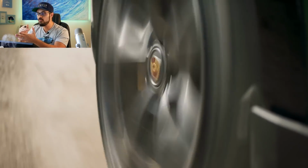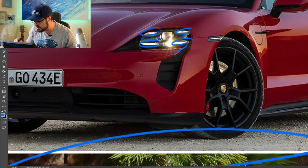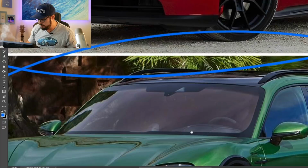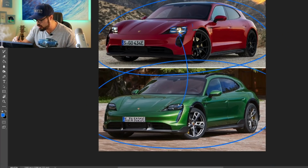It's a lifted electric super wagon basically, and I think it's a cool approach to showing what you can actually do with an EV platform. So looking at the differences here, we have more of a black piece sticking out further here on the GTS. If you look at the front view of the Cross Turismo, it's a smaller black piece here. It's still there, but it's more pronounced on the GTS, and as I said, there is some darker black tinting